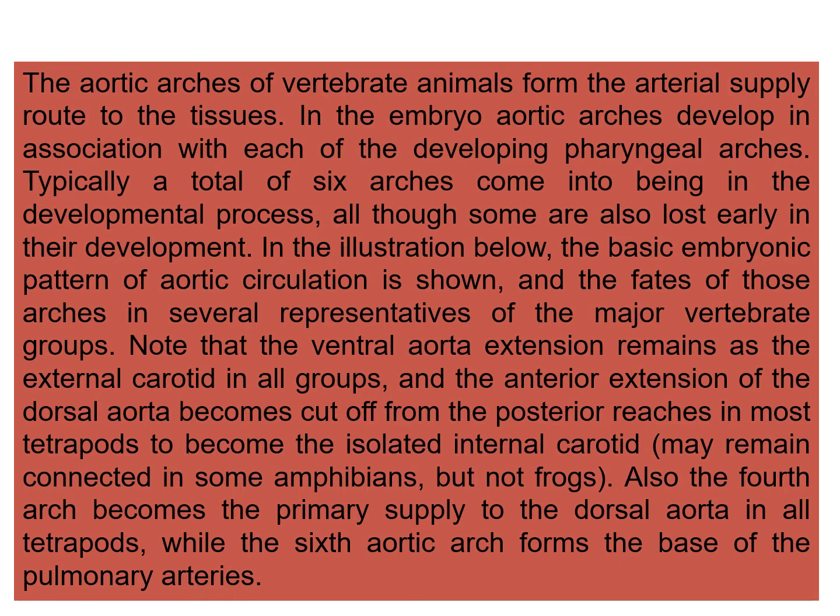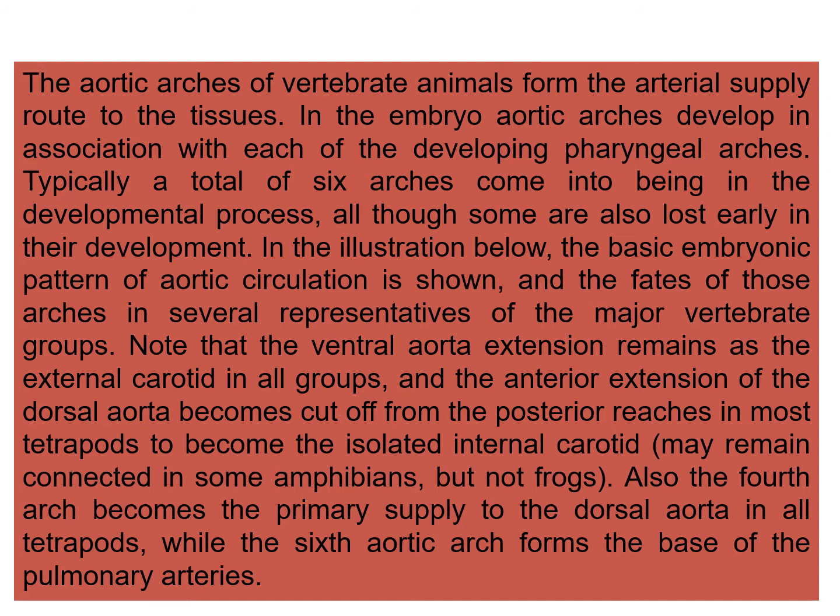Typically, a total of 6 arcs come into being in the developmental process, although some are also lost early in their development. In the illustration below, the basic embryonic pattern of aortic circulation is shown,